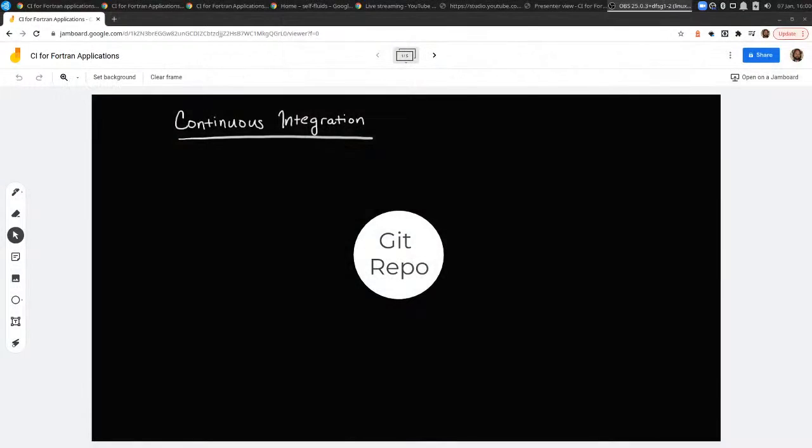Today we're going to be talking about continuous integration for Fortran applications using Google's Cloud Build. So let's just go ahead and dive right in. First off, let's talk a little bit about what continuous integration is. In general, continuous integration is a development practice where developers integrate code into a shared repository frequently, usually multiple times